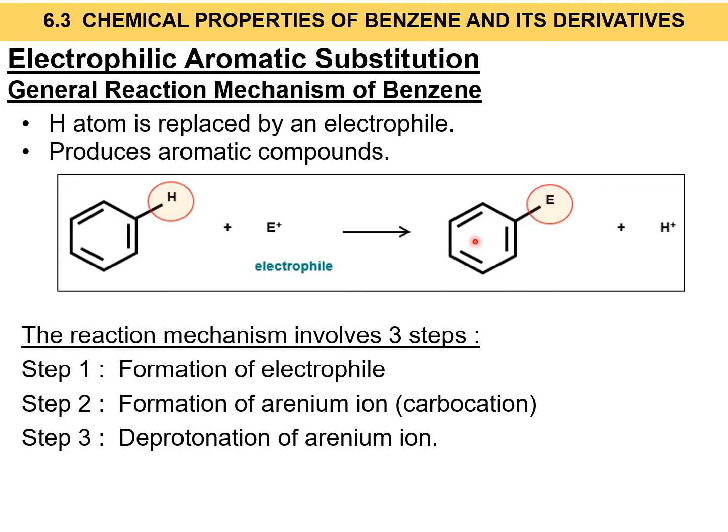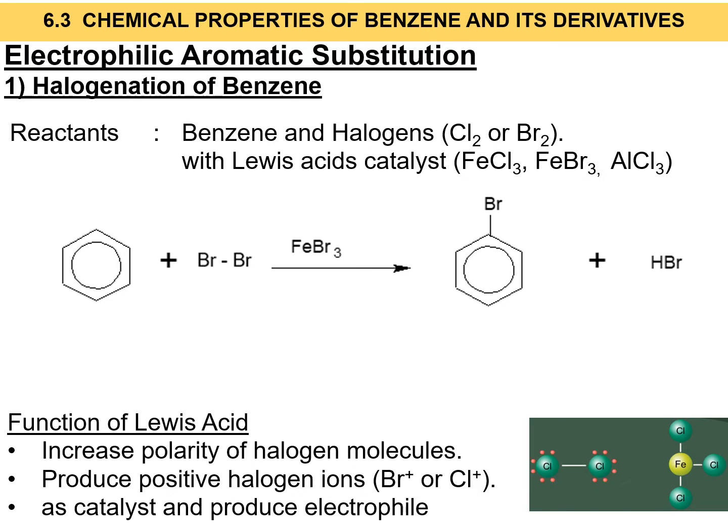And also you need to learn keempat mechanism of benzene, ya, such as halogenation, nitration, Friedel-Craft alkylation, and Friedel-Craft acylation. Tapi jangan risau, generally actually the reaction mechanism yang keempat-empat tu dia akan involve 3 steps. Okay, the first ialah formation of electrophile, kedua formation of arenium ion ataupun carbocation ion, dan yang ketiga ialah deprotonation of arenium ion. Let's look at the first chemical reaction of benzene, which is halogenation of benzene, di mana kita